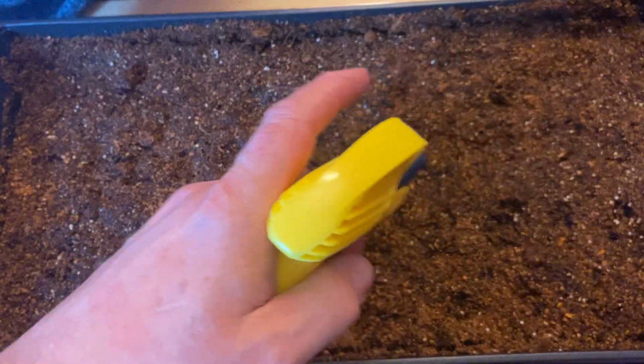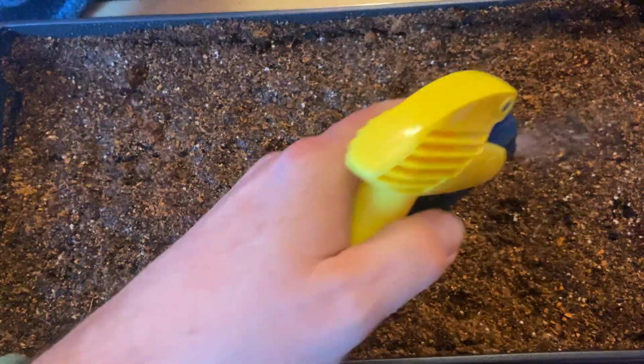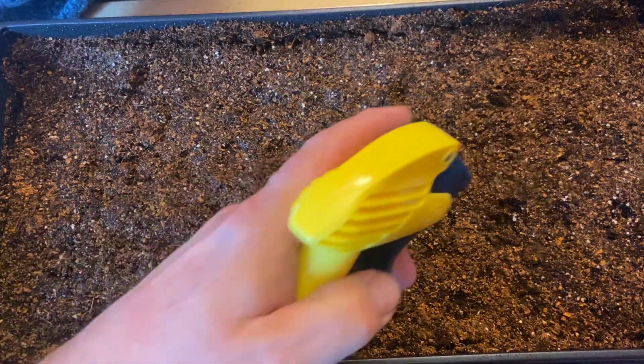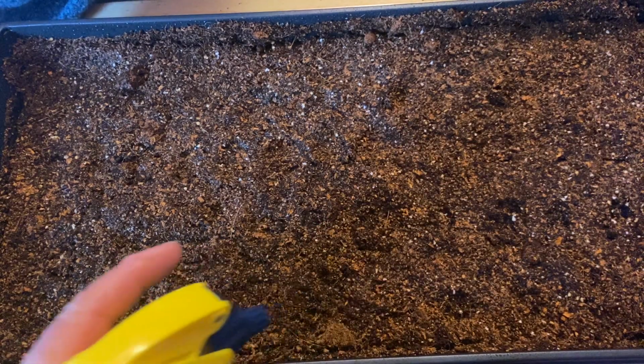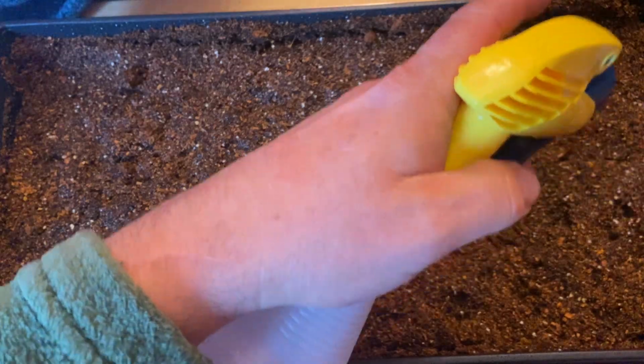Now you're seeing real time here. This is that professional sprayer. As you can see, I like these better. They don't stop working after a short period. And there we go. So now I already have in here,